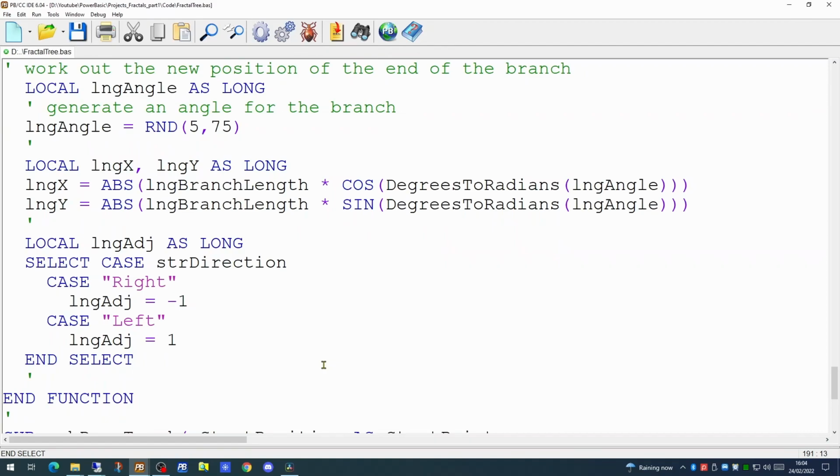As I said, this particular routine can be called with a direction of either left or right. So what we're doing now is we're determining the direction and we're setting an adjustment. This adjustment is going to be used to multiply by the x coordinate. The y coordinate will always be going up the screen, but the x coordinate could go to the left or it could go to the right. So now that we have that, we can actually now generate the new position.